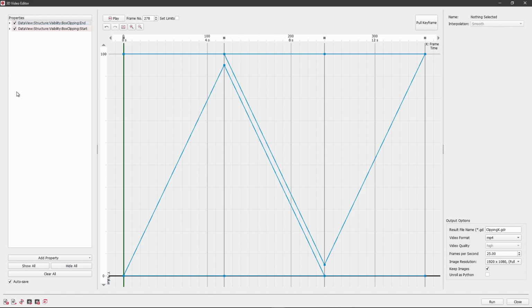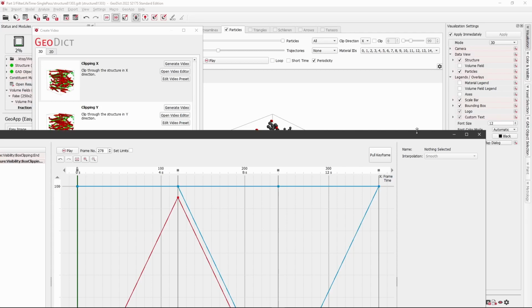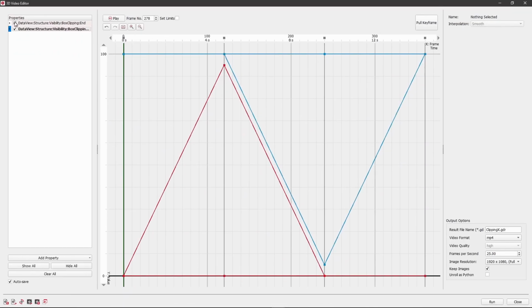In the parameters panel here, we already have the visualization parameters that are currently used and animated. The long names of the parameters are also the path of the parameters in Geodict's GeoPy structure and the visualization settings here. The box on the left of the name shows the visibility of the parameters in the graph panel. A checked box means visible, an unchecked box means hidden.